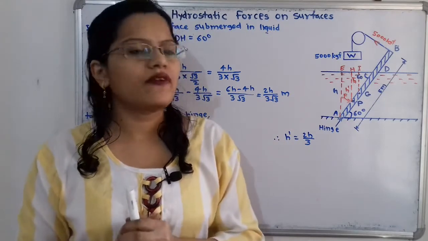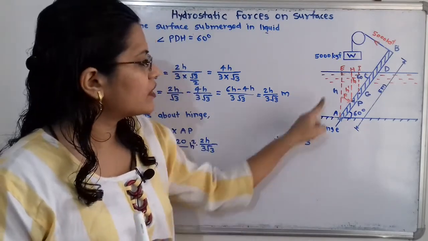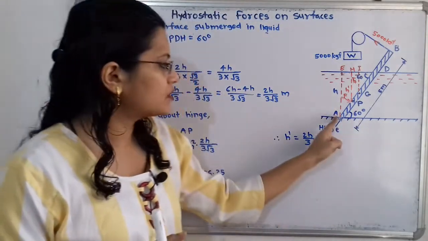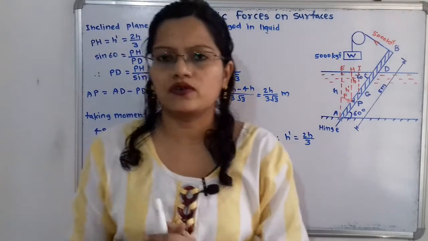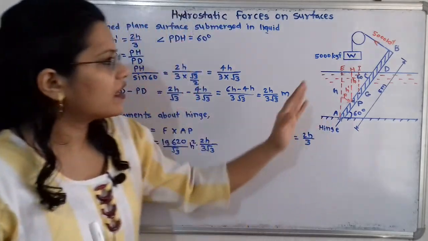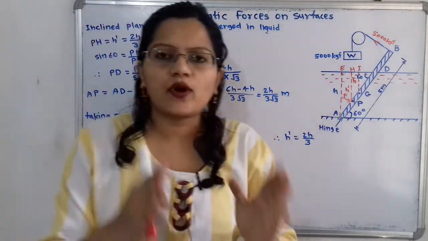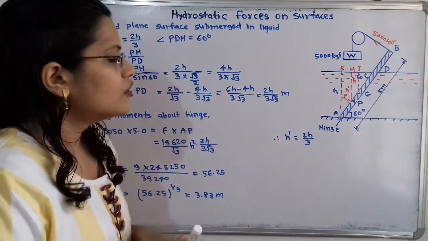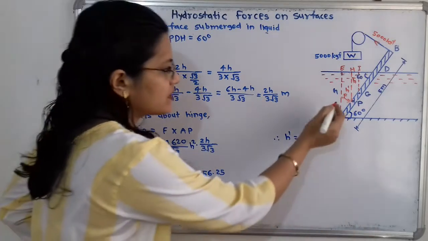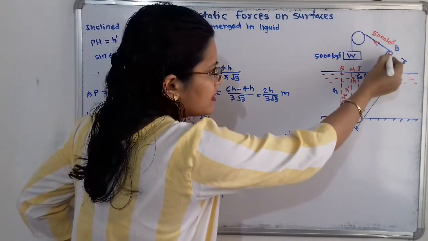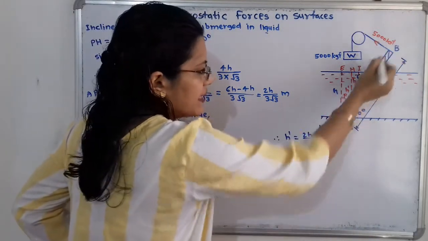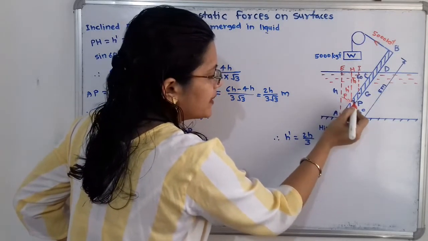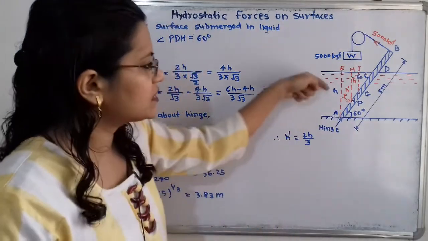So how to find out, because in this only one unknown term, that is H, that is the level of the water from this bottom point A, that is the unknown term. So if we observe here, the point P is the point of application of the total force, that is the force F. So we have to show here the force F, that is perpendicular direction with this inclined gate. So here this is the force F at this point P that we have to show, which is in perpendicular